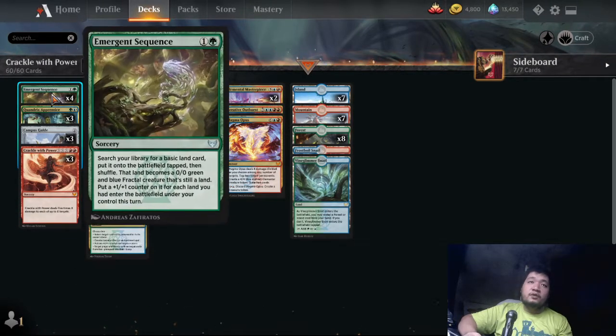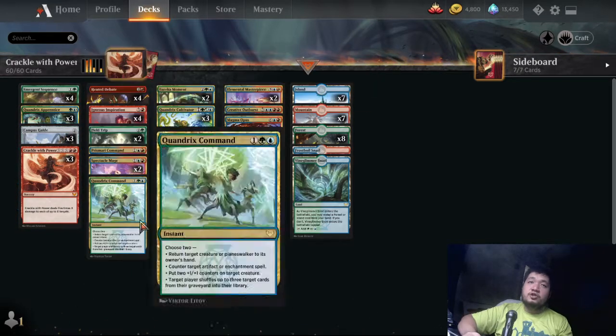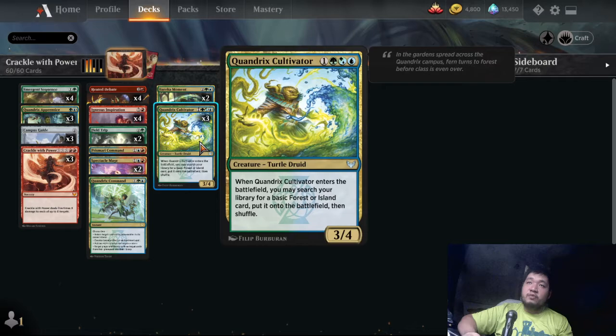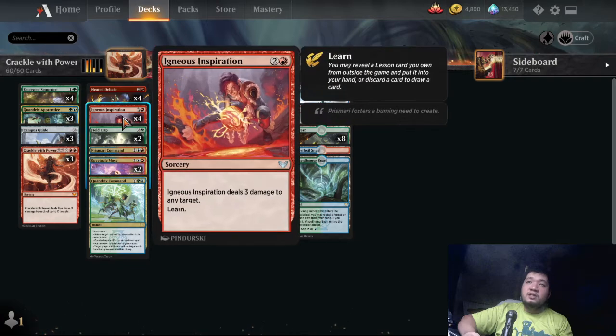So lots of early ramp. Emergent Sequence, Quandrix Apprentice gets us more lands in hand. That's good because we really want to dig. Campus Guide also puts lands on top. So basically, ways to ensure that we hit all our land drops. Field Trip gives us some actual ramp. Quandrix Cultivator, Eureka Moment for ramp. To keep us alive, Heated Debate, Genius Inspiration,